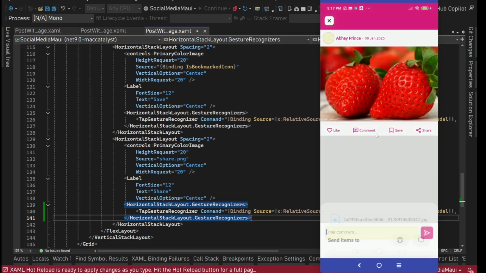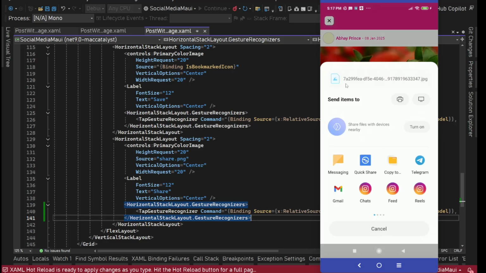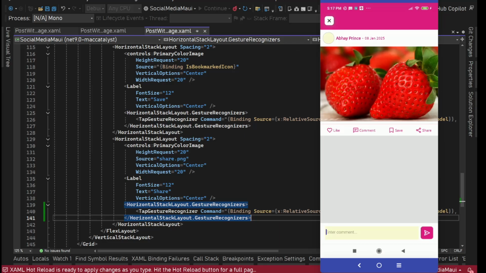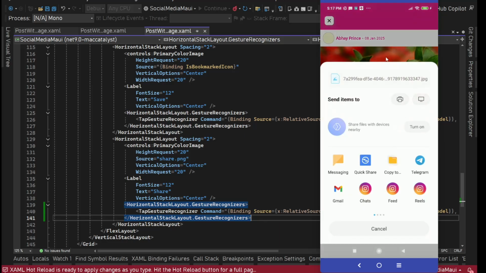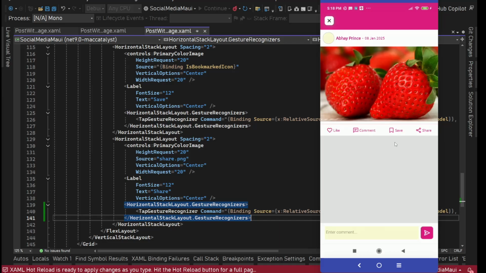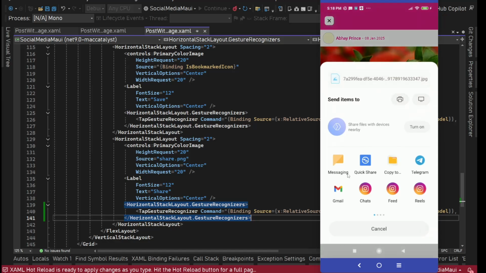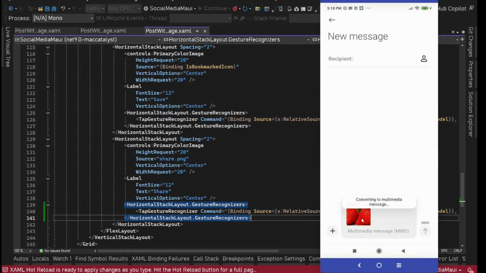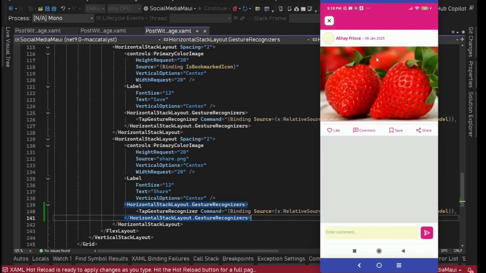And let's try the image, strawberry image. Share. It is trying to download. And then it came. This is the file name. And if I press again, then it should not show that. You see, it did not show the activity indicator because it did not try to download. It already has this image downloaded. Let's try in messaging only, if we have. Yes, we have this downloaded image. You see, so that means text content sharing and image sharing, both of these are working from here